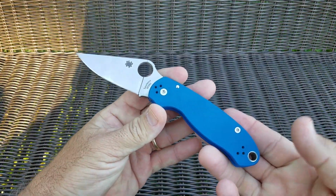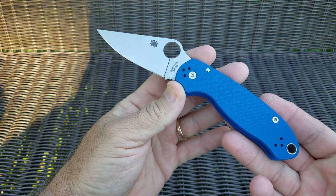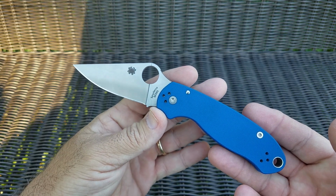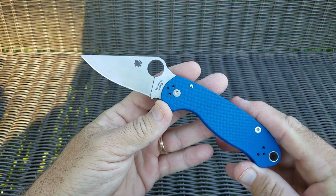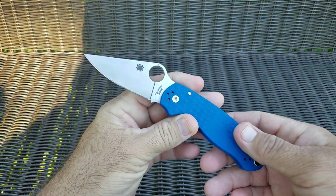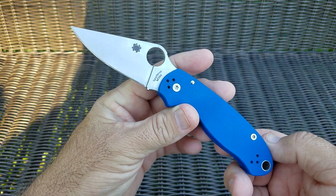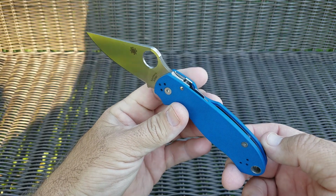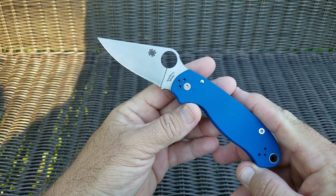Alright guys, today we're going to talk about, or I figured we'd start, since I don't know when I'm going to be able to get a whole collection video done, but I figure we'll start with one knife at a time, ones I have doubles of, get them out, take a look at them, you guys can see what I have. And today we'll talk about a pair of threes. This is the first one I ever got